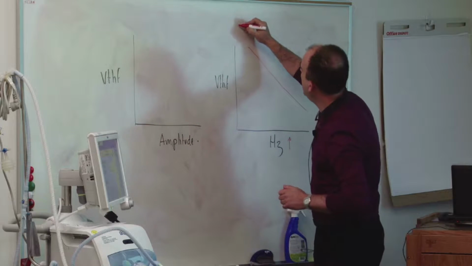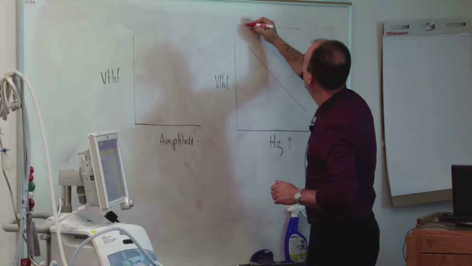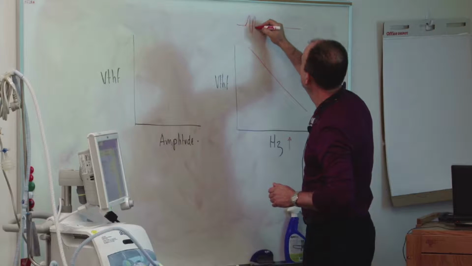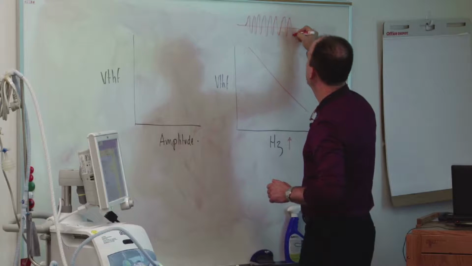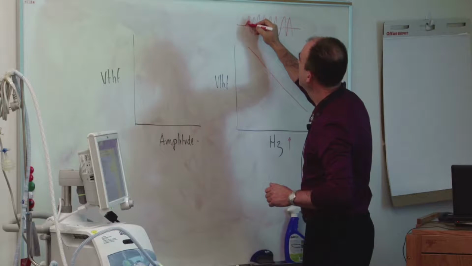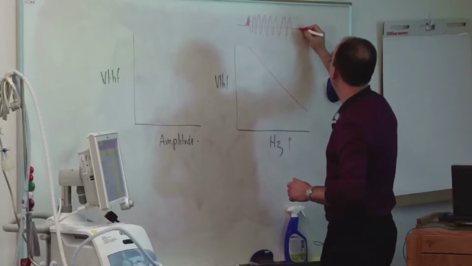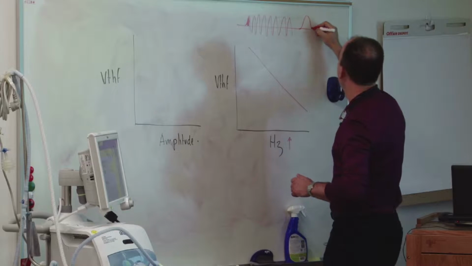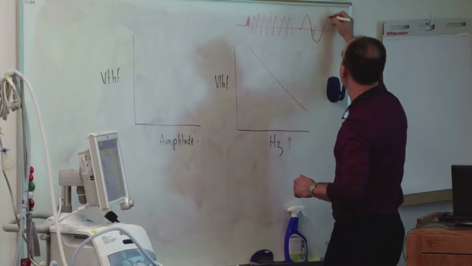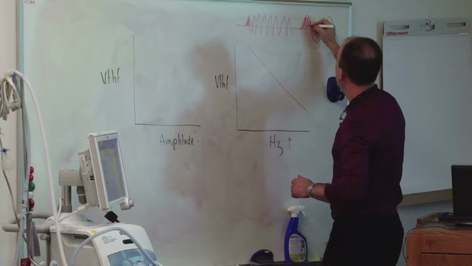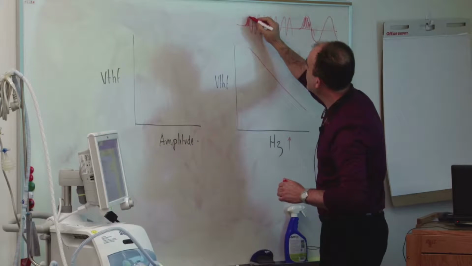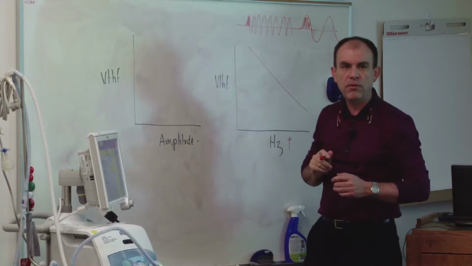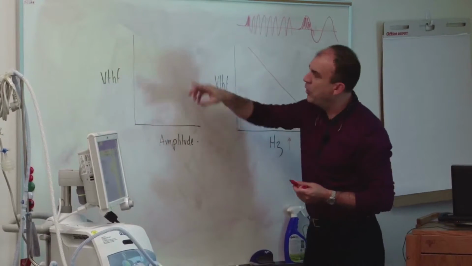Why? Because the area under the curve in the flow curve is smaller. So if we increase the frequency, we will have a smaller area under the curve and therefore a smaller shift